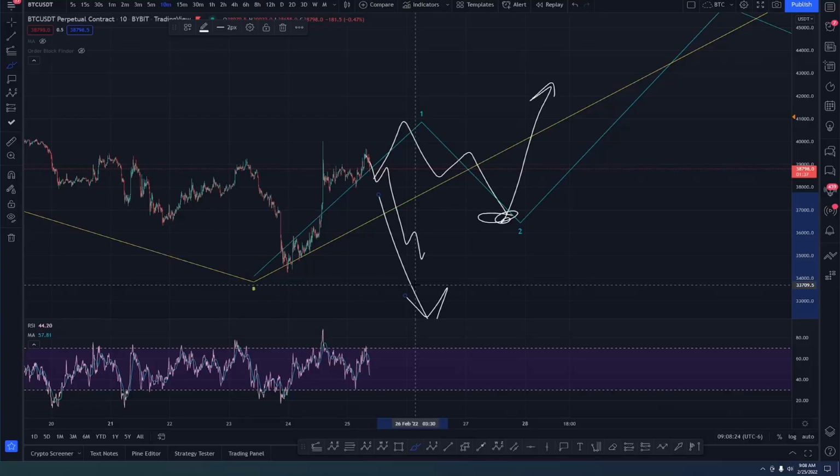Okay, so that's what we're looking at. Everything just kind of boiled down to a nutshell right here at this key moment in the charts, and what happens today is going to be very telling for what might be happening over the next couple of weeks and where the market might be heading. All right, guys, there it is. Hope that's helpful to you.